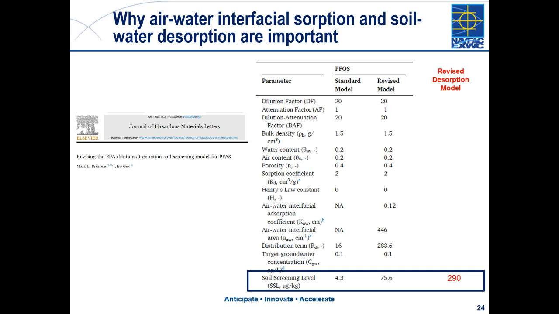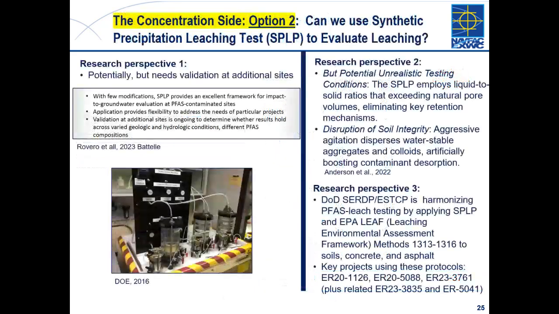Okay, well, let's go to slide 25. So those are some options about using soil data, nanogram per kilogram type numbers, to try to get information on how it might impact the groundwater. Now, here's another option. We just take some of the soil out there, we send it to the lab, we tell them to do this synthetic precipitation leaching test, and we can get some numbers there on what is that nanogram per liter concentration of the water coming off this.